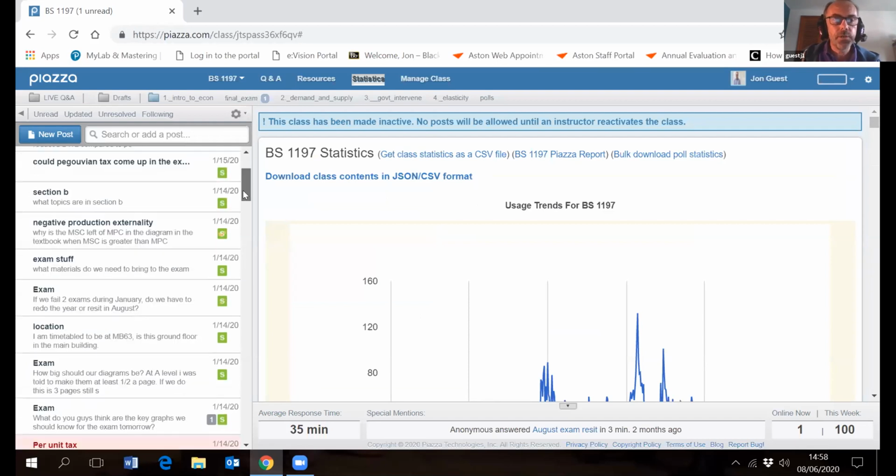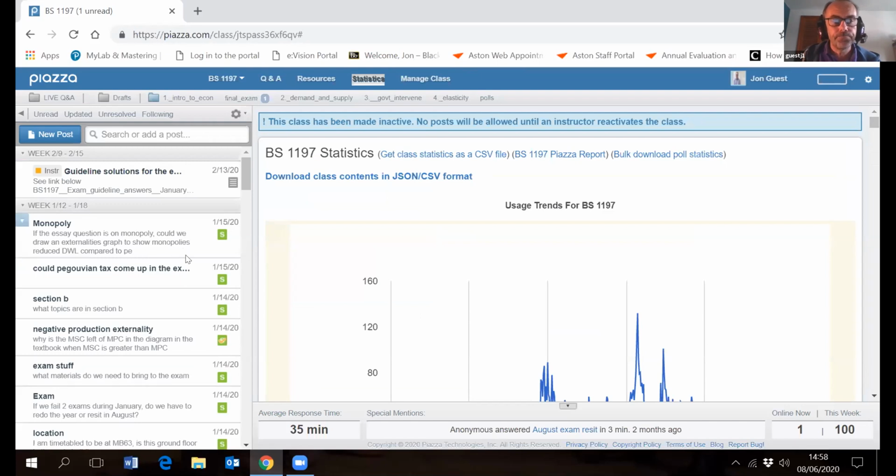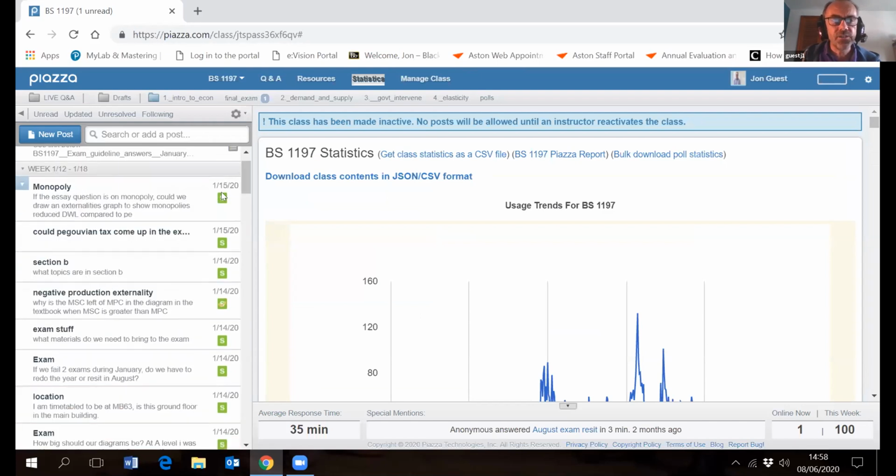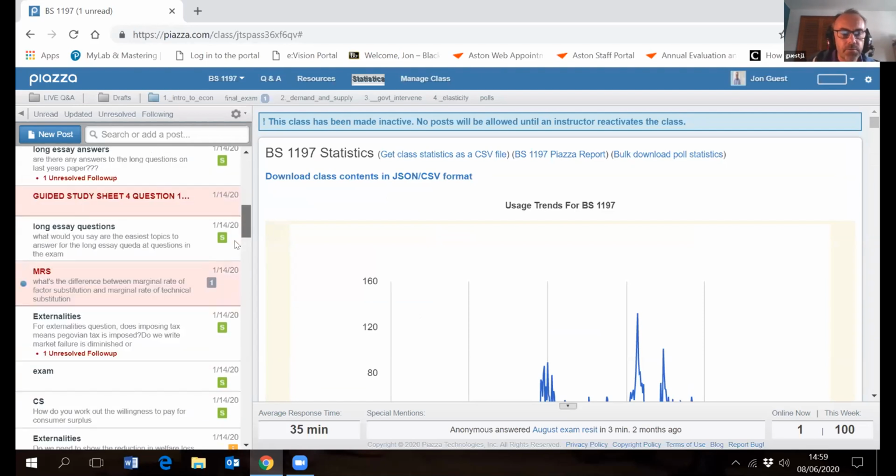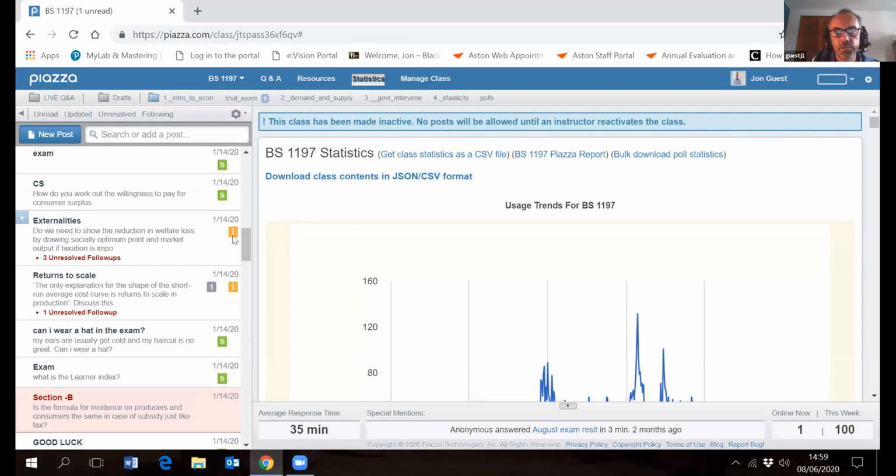On the screen here, just for an instant pick, if you see a little green colour, that means a student has had a go at answering the question. If you see a little tick here, that means the student has had a go at answering it and you've endorsed it. If it's orange, I don't know if there's any orange ones further down here. Yeah, so that means the instructor has responded to it. So it's visually quite good, if you eyeball it, you can see this stuff